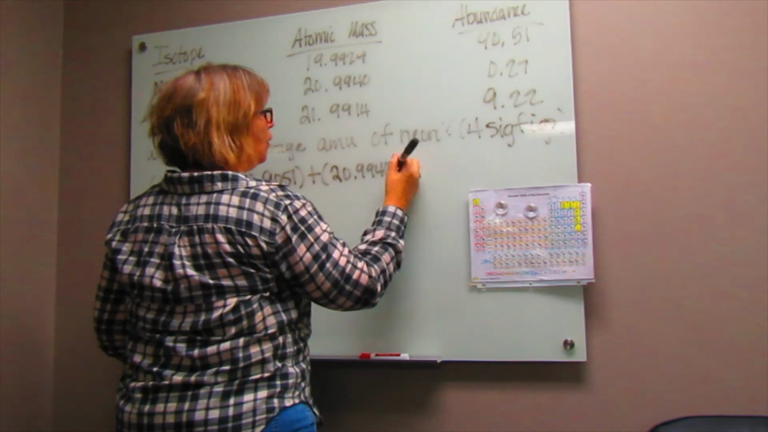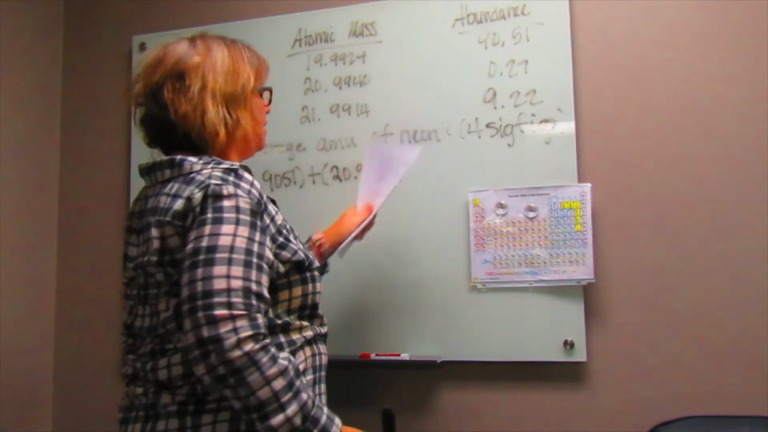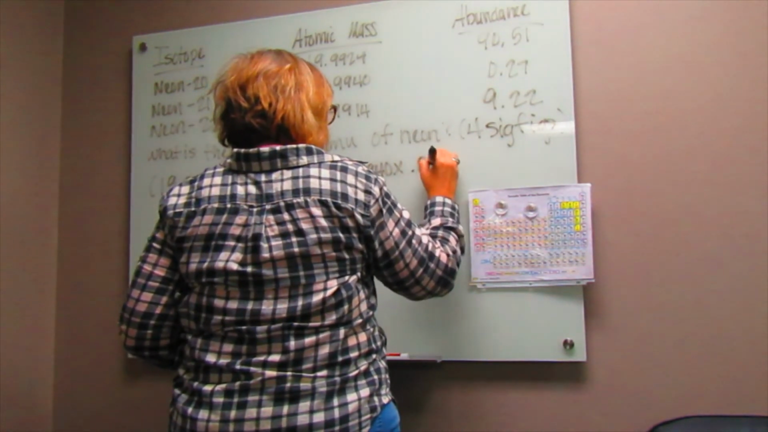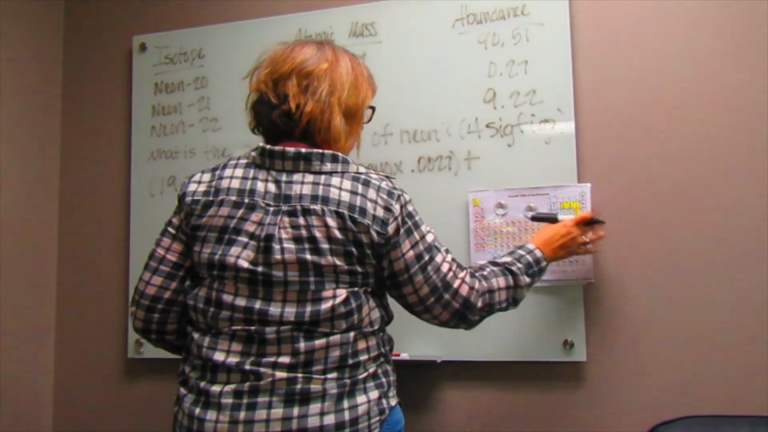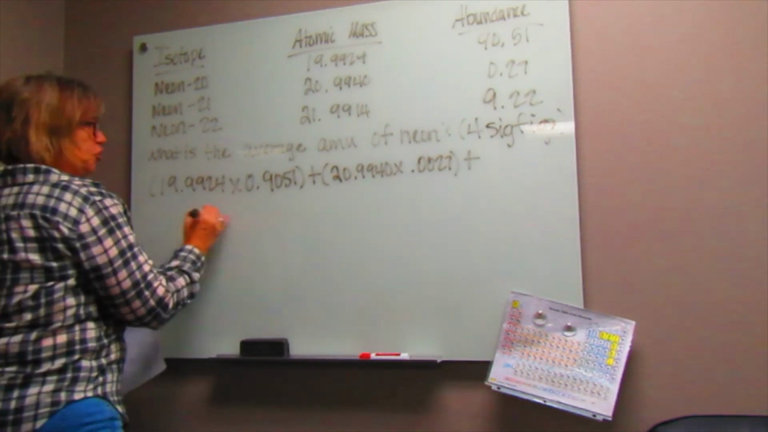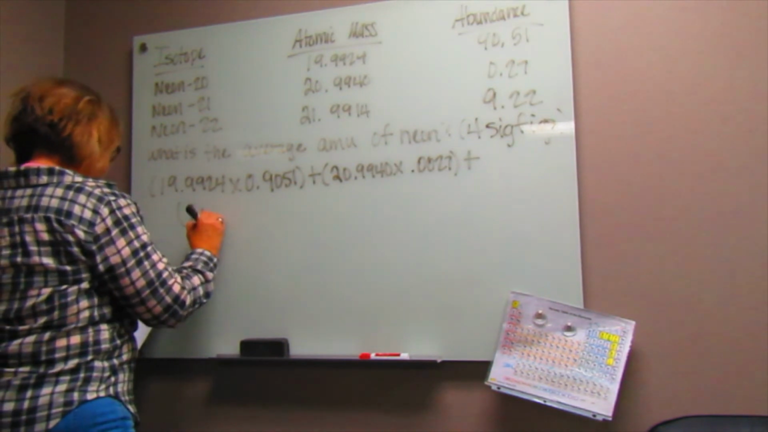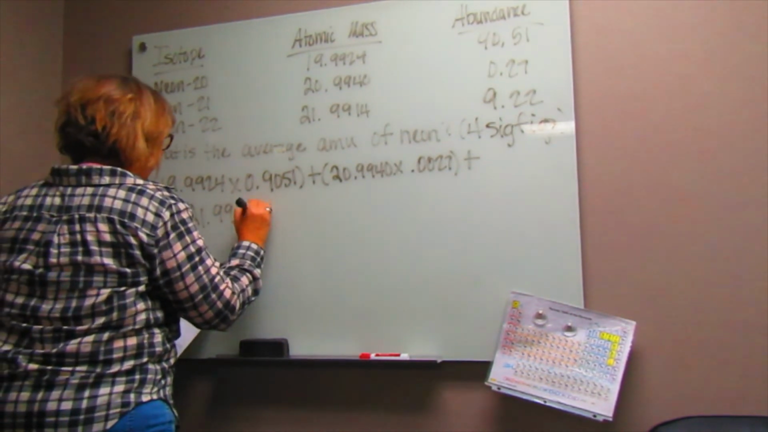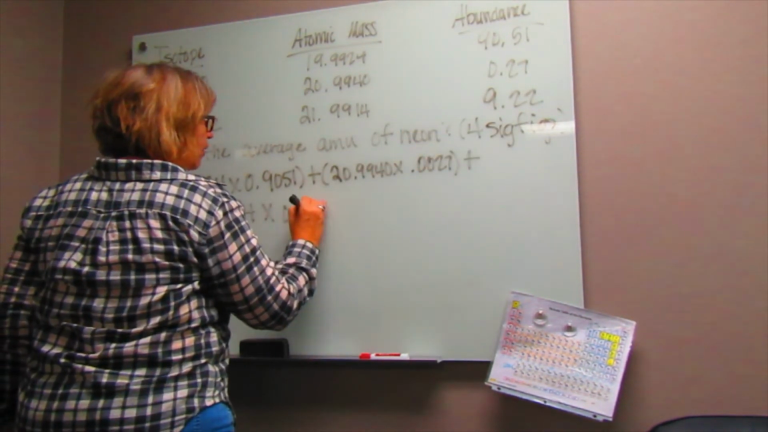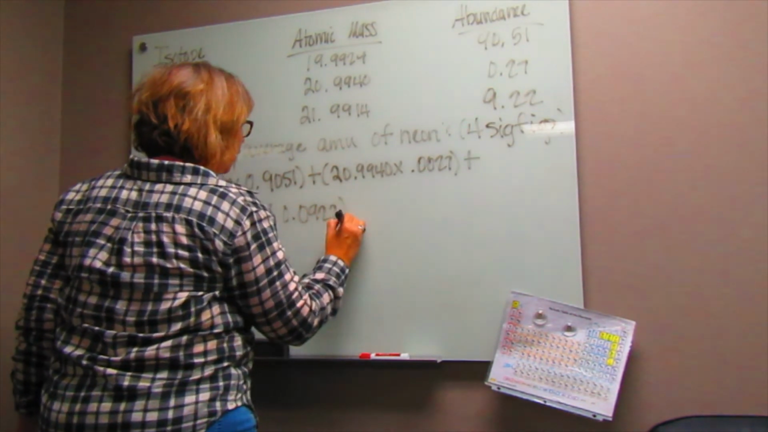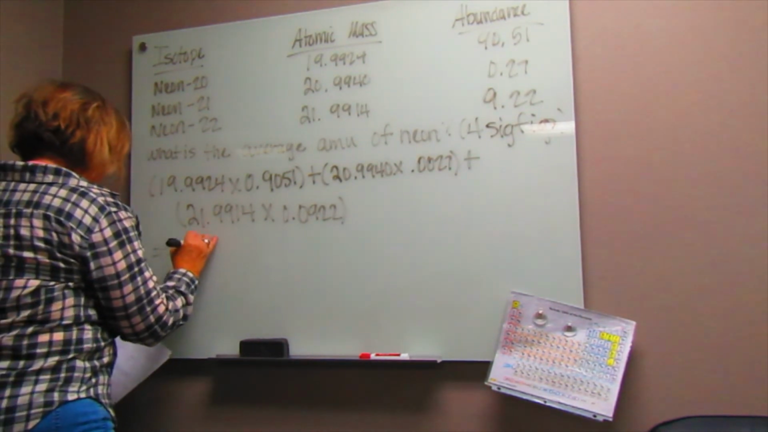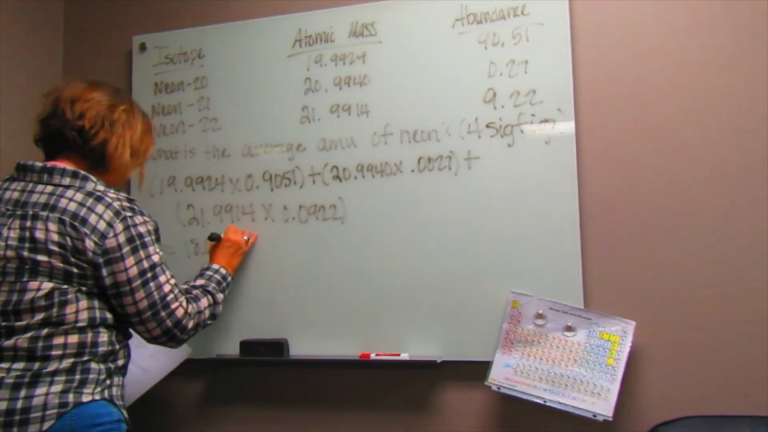20.9940 multiplied by our percent abundance, which is going to be 0.0027, and then we're going to add that to our neon 22, which is 21.9914 times 0.0922. That's going to give us 18.095